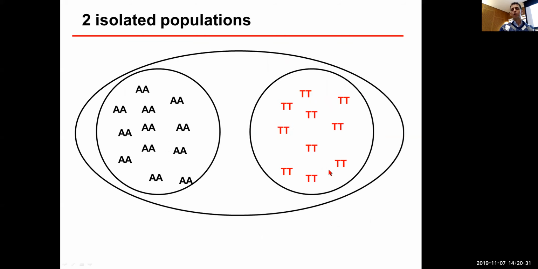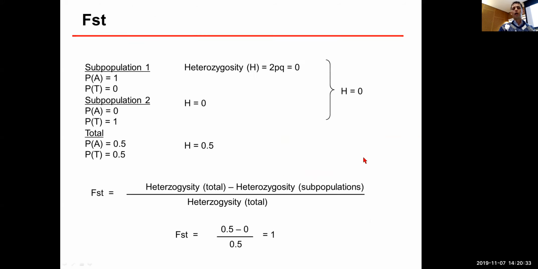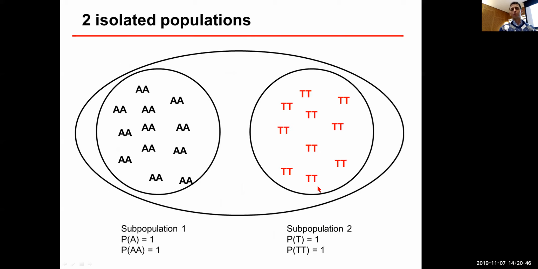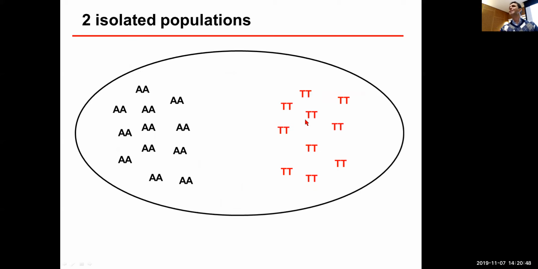You can basically say, well, if these two are isolated populations, how often would I expect to see them mixed? And then FST basically tells you what is the overall reduction in heterozygosity by subgrouping these populations. Basically, if I think of this as being a single population, and then I group it into Asia versus Europe,